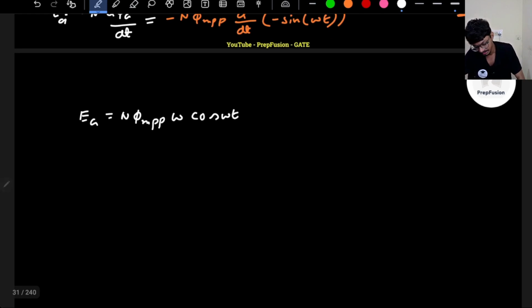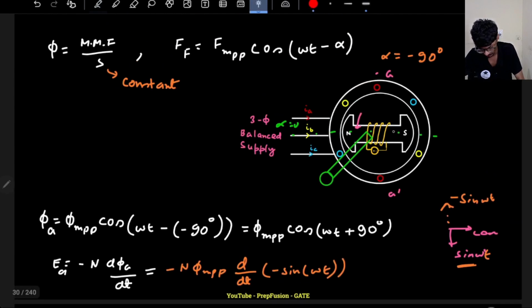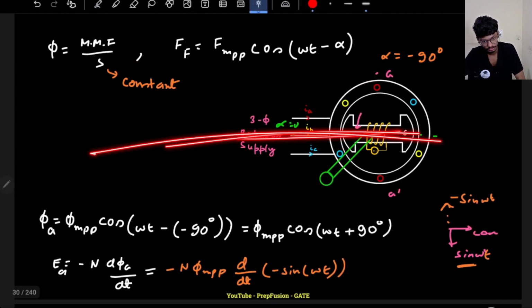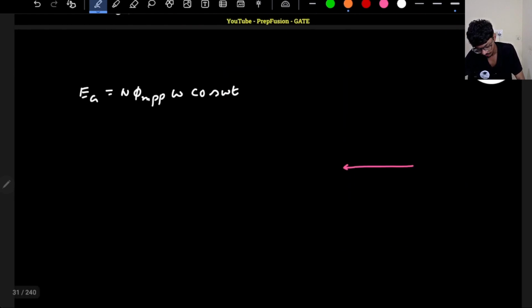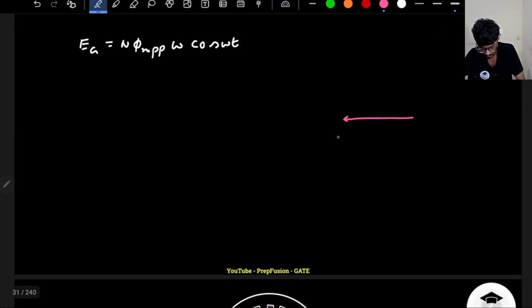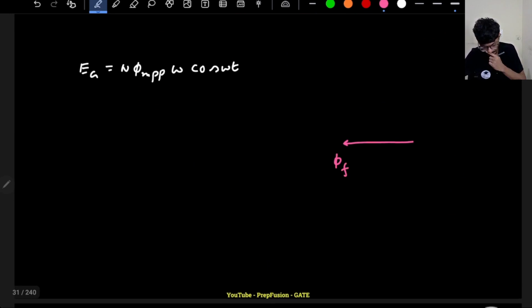So if the flux is here, this is the direction of the flux, because you see that the flux is projecting here. The flux is coming outward like this, north and south pole, for a particular instant I'm talking about. For a particular instant, the flux is along the negative x axis, then